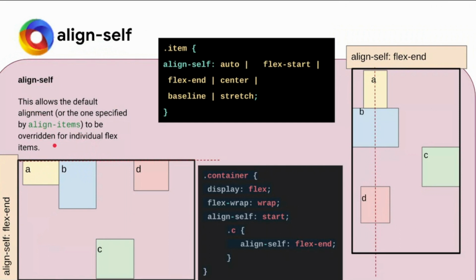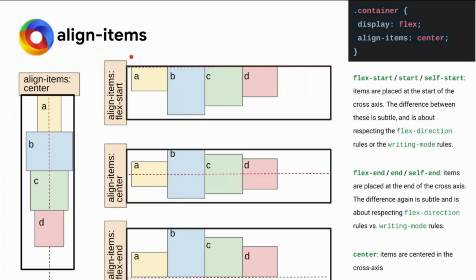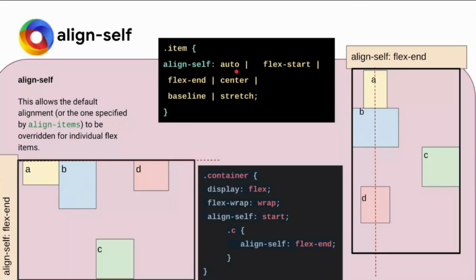Now align self: what exactly is it, and how does it differ from align items? Let's see what align items is doing. If you put align items flex start, I am just explaining theoretically, it puts align self flex start on each one of them. If you want one item to differ from the alignment set by align items on the flex container, you can change it with align self. Here I have put align self as start. These three have align self start, so they stick to the top.